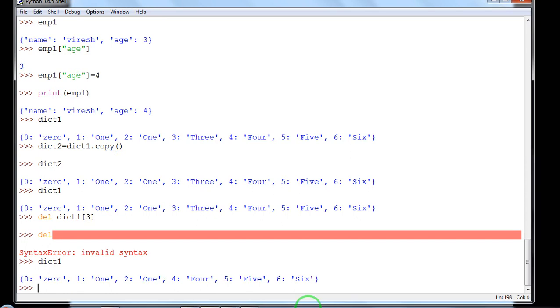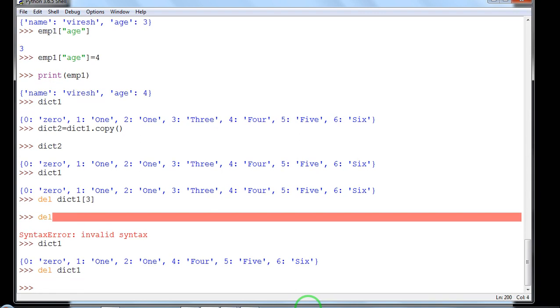Now the del statement is used to delete a particular element, or it is used to delete the entire dictionary. If you want to delete the entire dictionary, you can give the command del dict1. When you give this command, it will delete the dictionary.